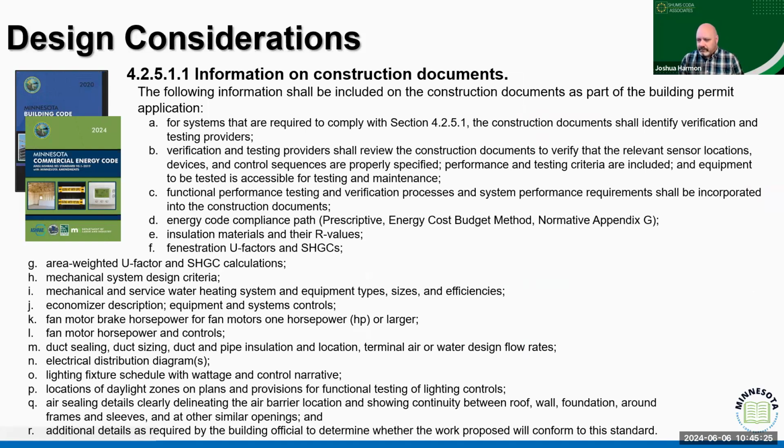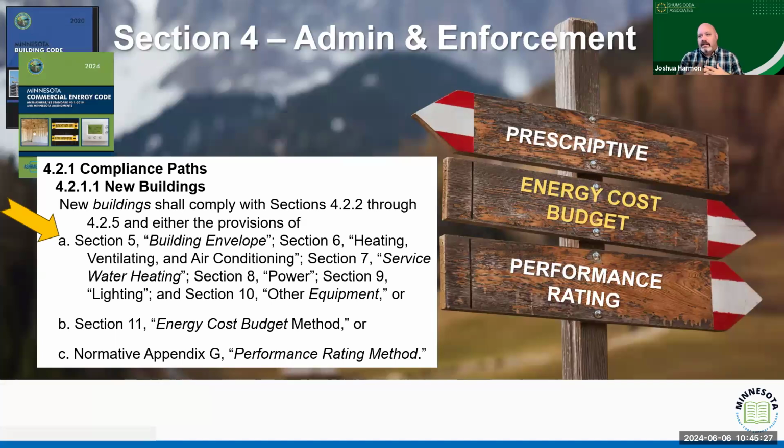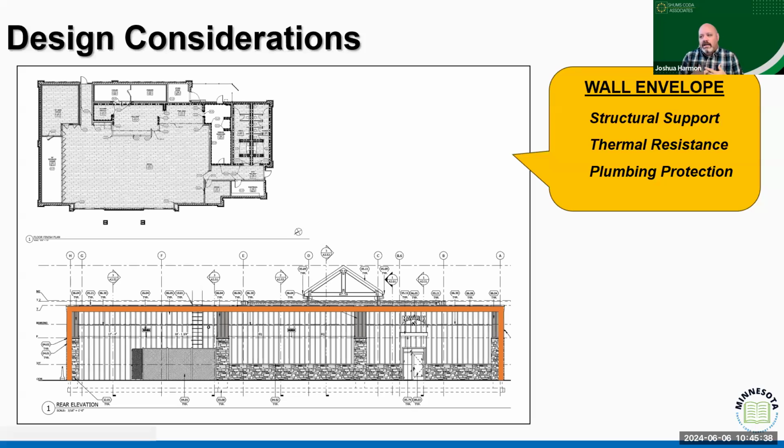When we think about it in a design consideration, we're just going to look at new buildings because it's just easier, right? What we're going to be looking for is that building's envelope. We understand that the envelope consists of that system of walls, floors, roofs, all those elements that distinguish and separate the exterior environment from the interior spaces.